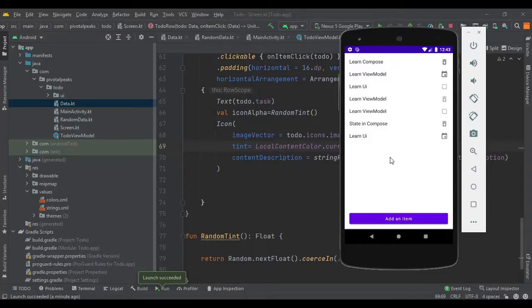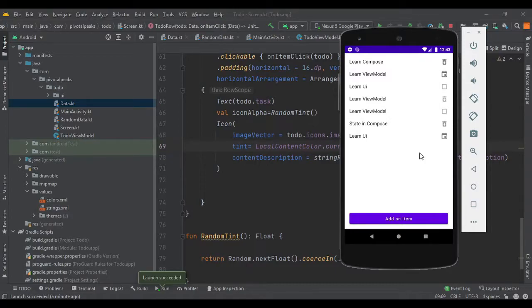Recomposing is a thing that happens in Jetpack Compose, that whenever we are adding an item, it's creating the whole list again. But because we don't have a way to save the tint value, it gets reset every time.